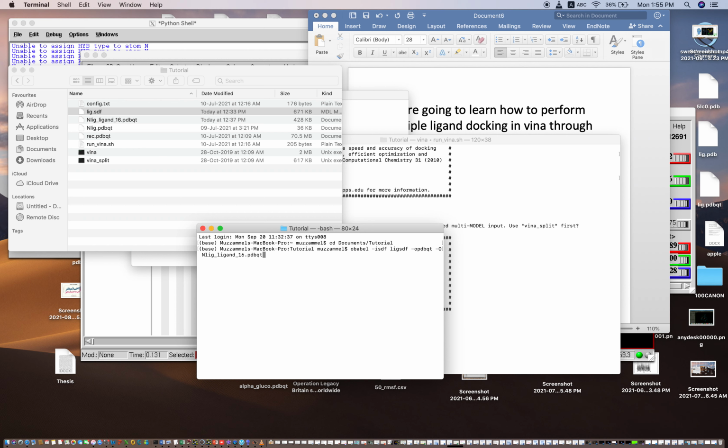Or for simplicity you can give all_lig. So we are giving the name all_lig as our output file.